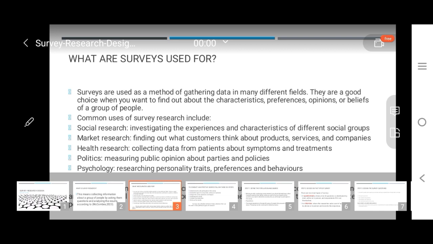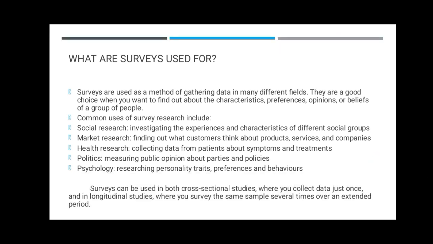So what are surveys used for? A survey is used as a method of gathering data in many different fields. They are a good choice when you want to find out about the characteristics, preferences, and opinions or beliefs of a group of people. Common uses of survey research include social research, investigating the experiences and characteristics of different social groups,